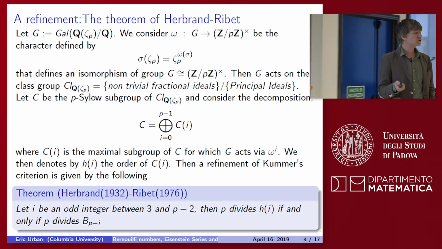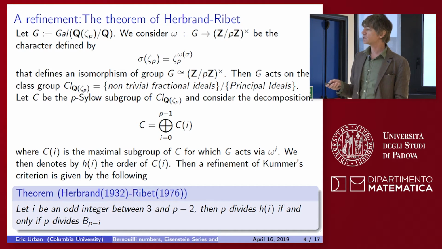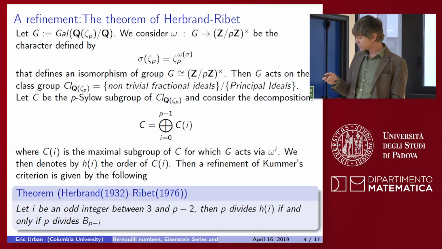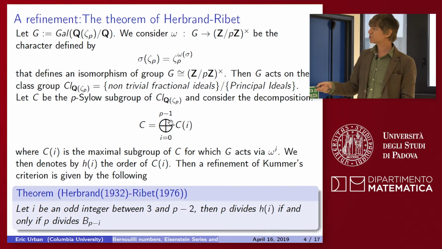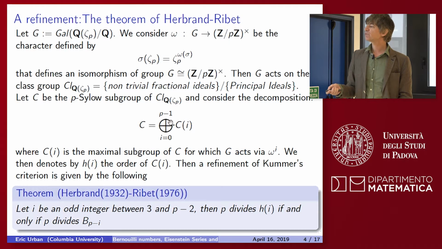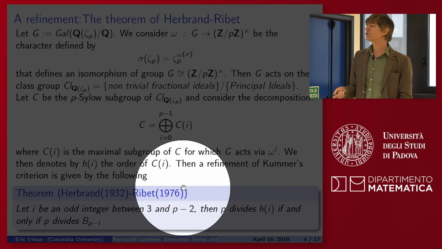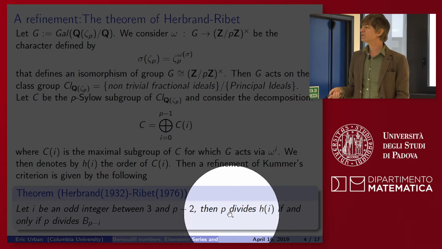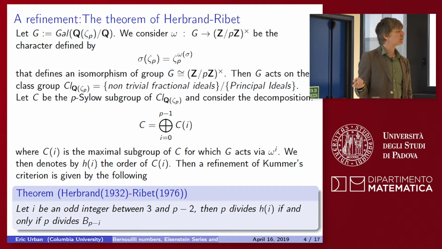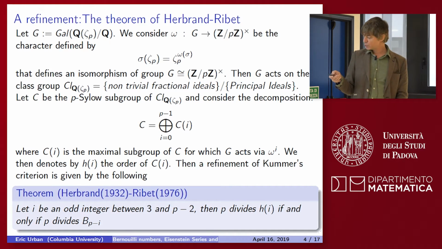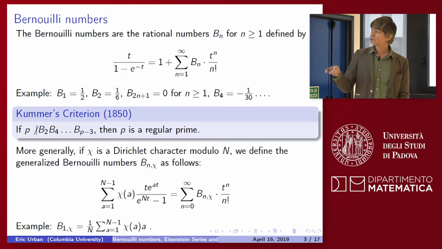So this character omega is called the Teichmüller character. It's very important in this theory. So you have this decomposition. And the theorem of Herbrand-Ribet shows the following. If you take i, an odd integer between 3 and p minus 2, then p divides h_i, where h_i is the cardinality of C_i, if and only if p divides the Bernoulli number b_{p-i}. Okay. So if you compare this to Kummer's criterion, you see that b_2, b_4, b_{p-3}